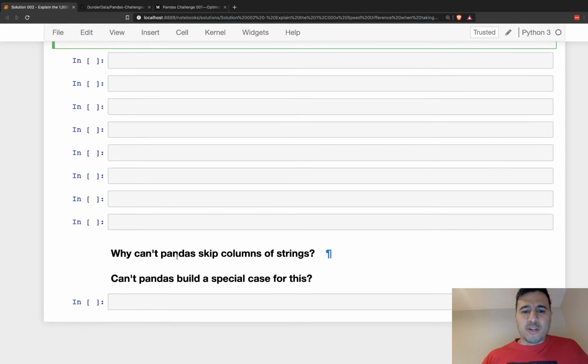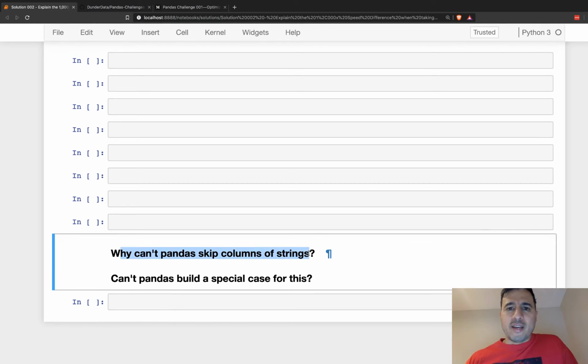All right, so a couple of questions here. Why can't pandas just skip columns of strings? Well, it could do that. It would have to inspect every value in an object column, and if it's a string, then it could skip it. So it's just not built that way. Pandas could build a special case for this. The other thing is that the real unfortunate thing here is that there's no string data type in pandas,